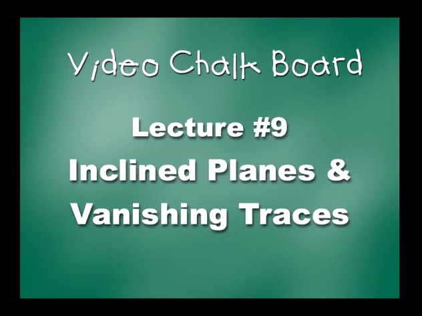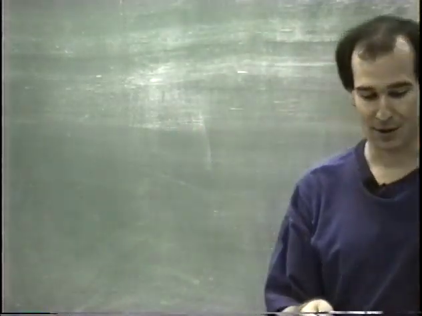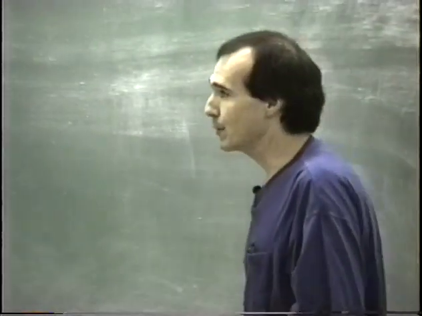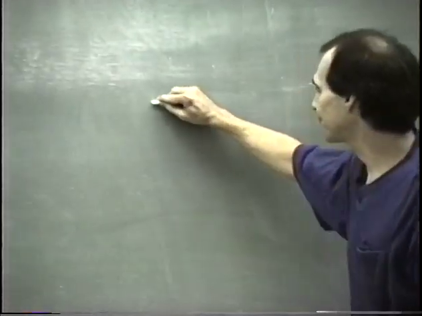An inclined plane is any flat surface that is not level. That is, that it is tipped up or tipped down. I suppose if it's tipped down, it's a declined plane, but we'll use inclined plane to cover all of them. You remember when we talked about